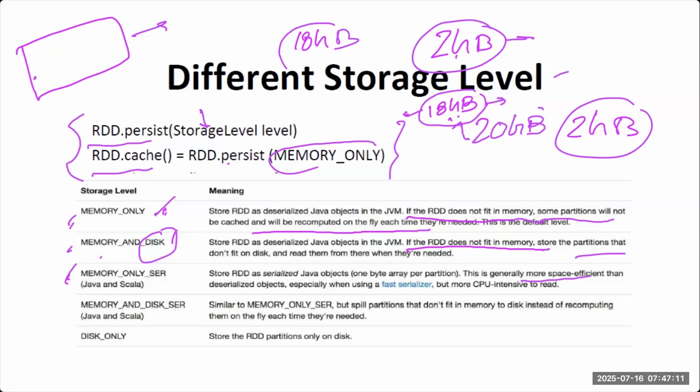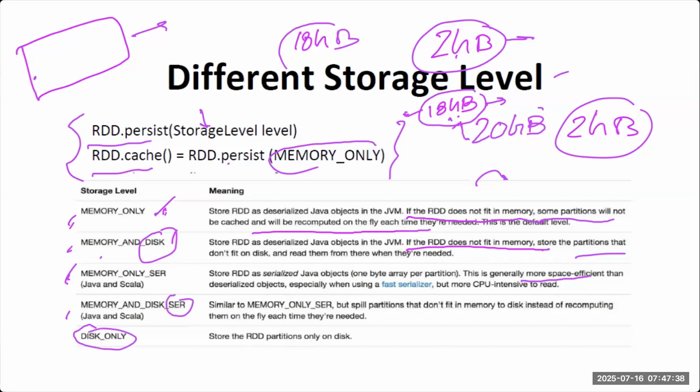Just read about serialization and deserialization of data, which we also do when sending over the network. One more option is memory and disk serialized: same thing, it uses memory and disk, but serializes the data.